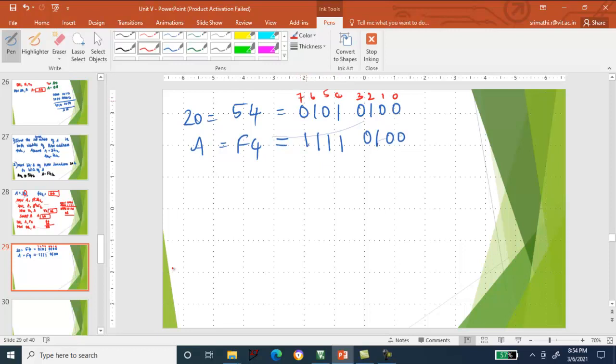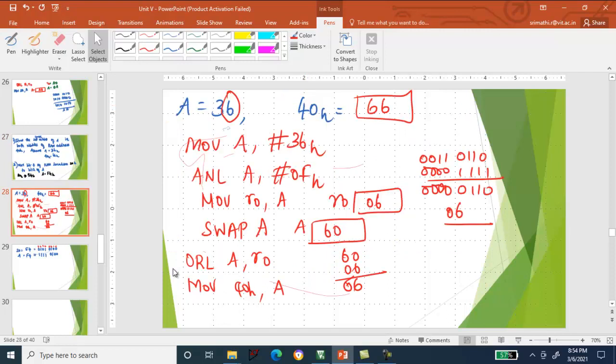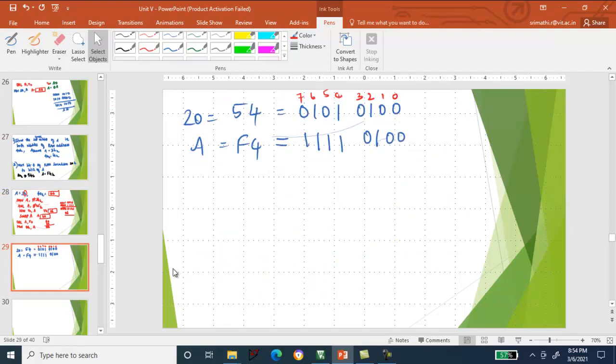This holds good for both cases. Now what is given? Bit 4 of the RAM location to bit 2 of the accumulator. What is bit 4 of the RAM location? It is this.